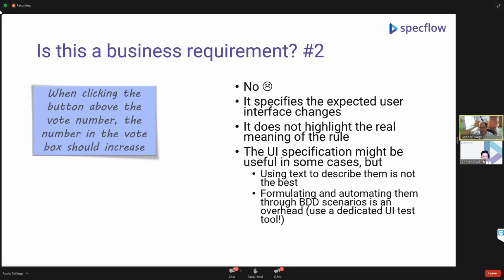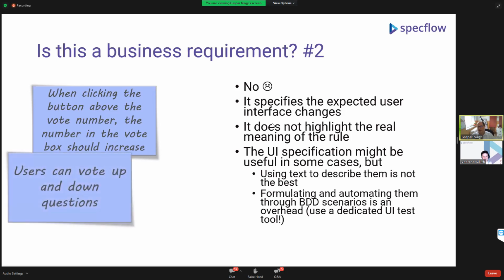And if we have identified that first, then we can find how to write better scenarios for that. So in this case, if I would get this rule from the product owner, I would start to ask these why questions. Okay, but why do you want to have that button there? Oh, because users want to vote, or I don't know, vote up and down. And with a little bit of discussion with them, we can basically figure out what was the original intention, what was the real business meaning of that particular rule, and then probably rewrite it like that so